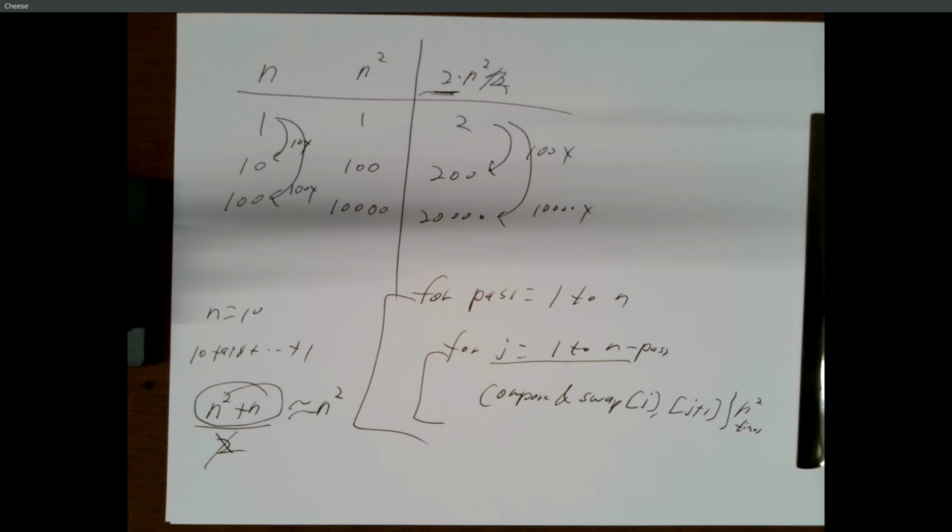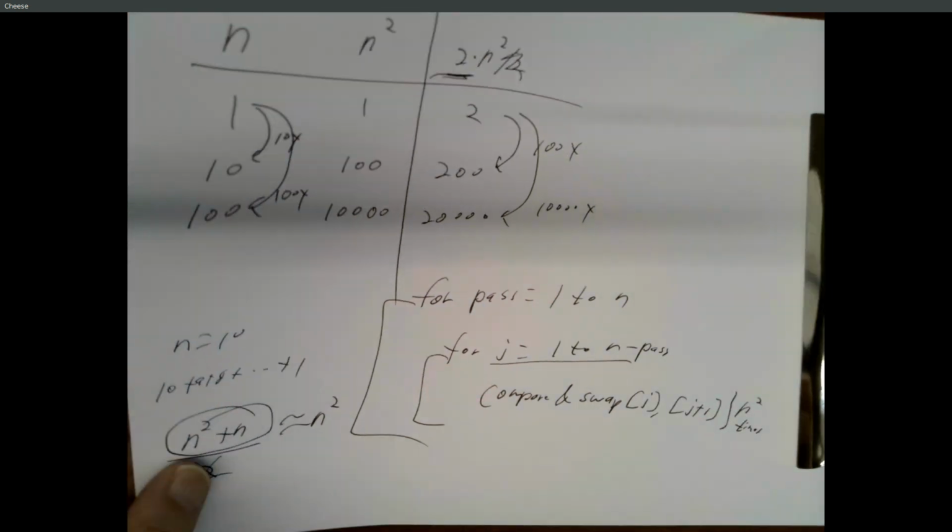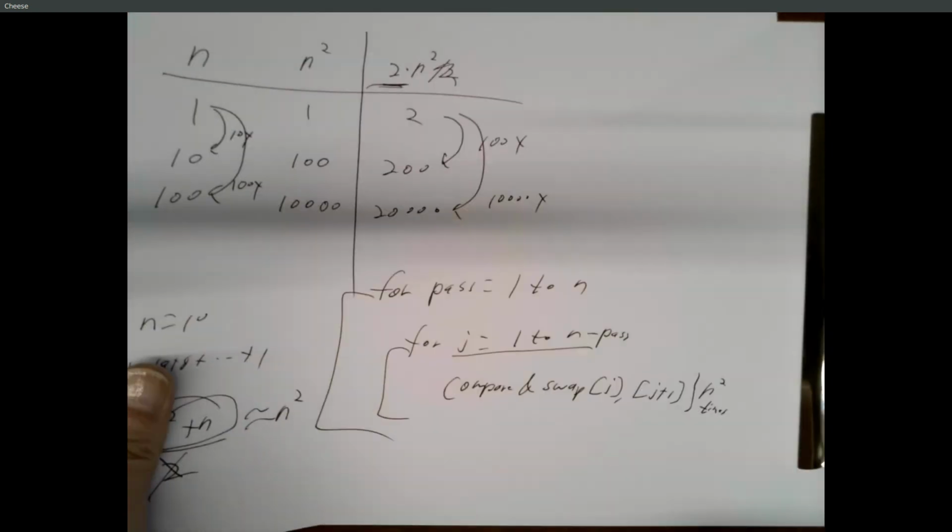So order n squared is undesirable. Order n cubed is even worse. If you had 3 nested loops, that's typically going to be order n cubed. Let me leave you with